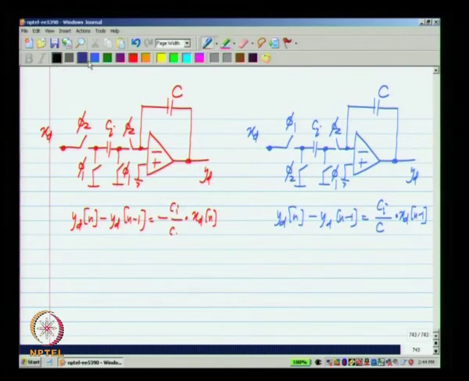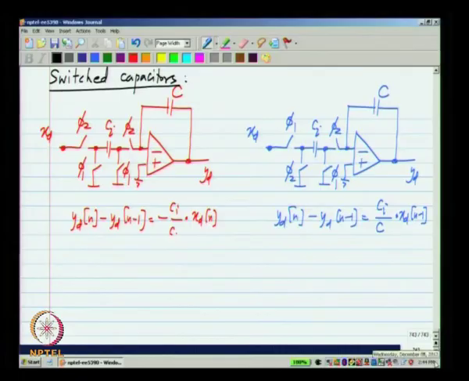As I mentioned before, these are known as switched capacitor circuits, because we have switches and capacitors. These are features of a circuit where we need changes in voltages at discrete instants of time, and the way to accomplish that is to dump appropriate amount of charges on a capacitor.